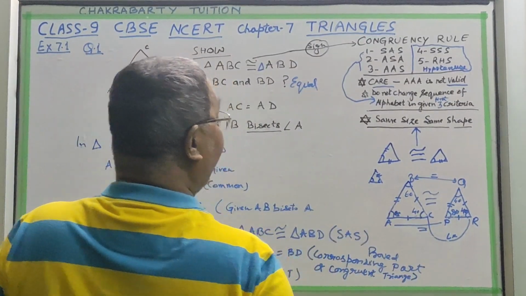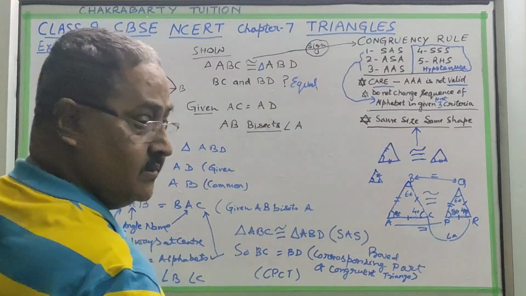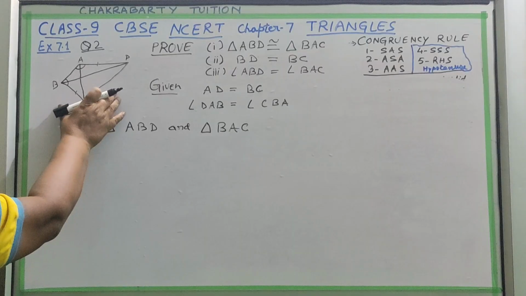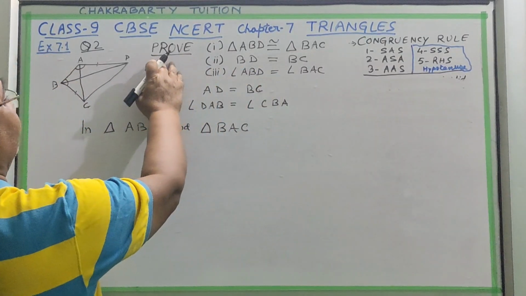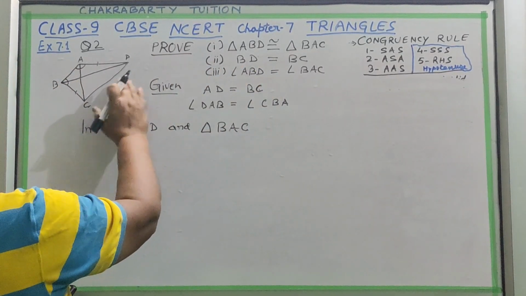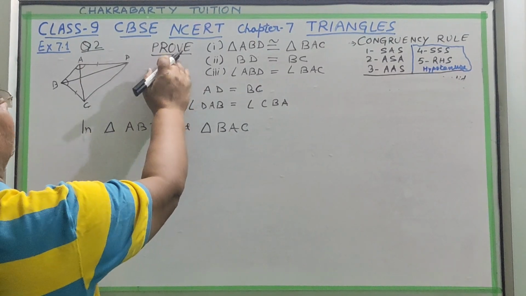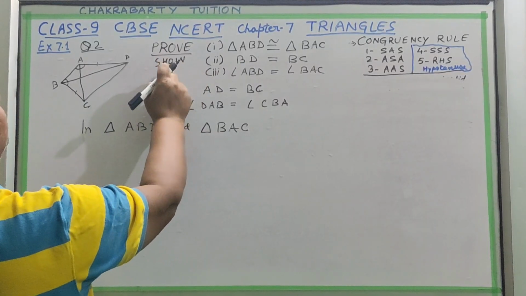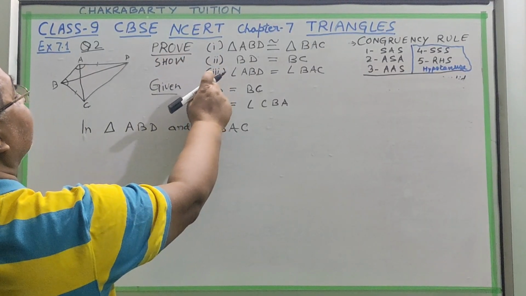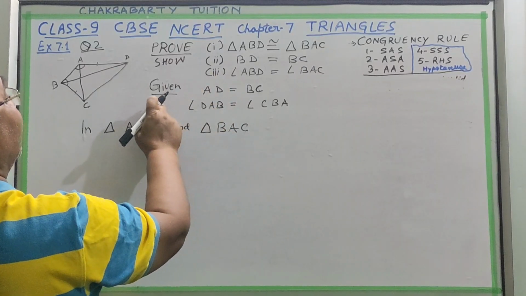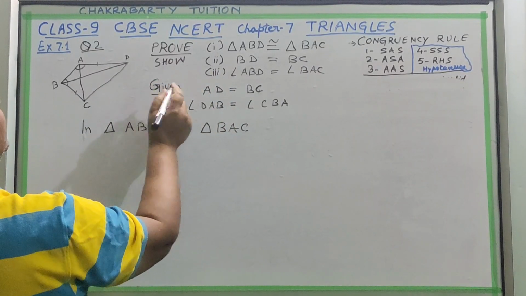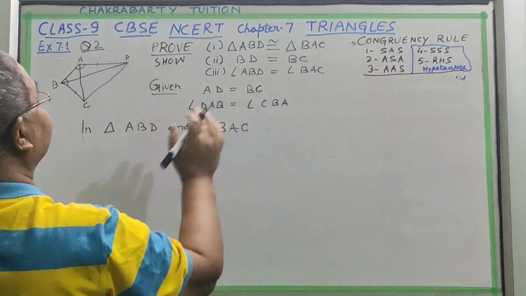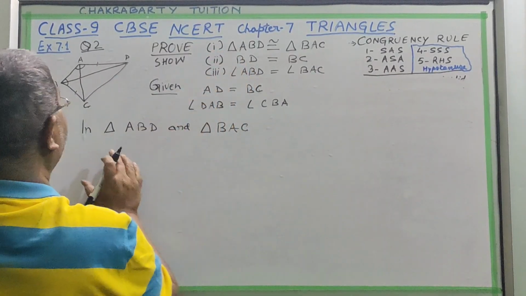Explanation of the terms is over. Now we will go to question number 2. I have copied the figure and this also. For any question that comes, first write what you have to prove or show. Here either the word prove or show will be there. This is your ultimate goal. Then also write what is given in the question. It helps to solve the question.